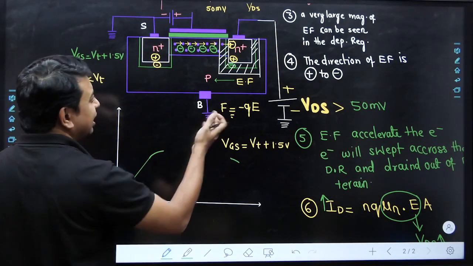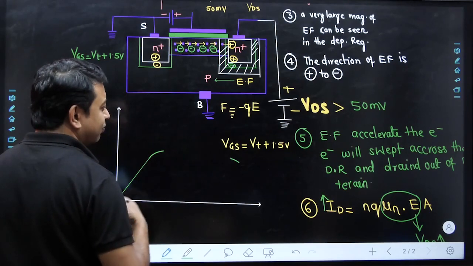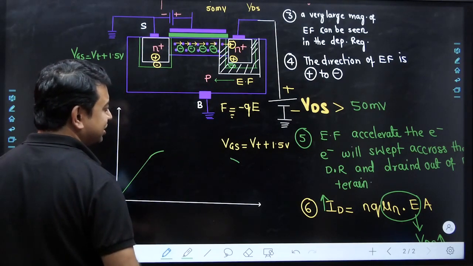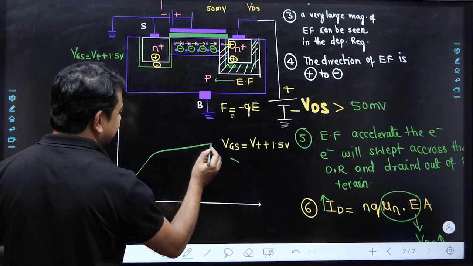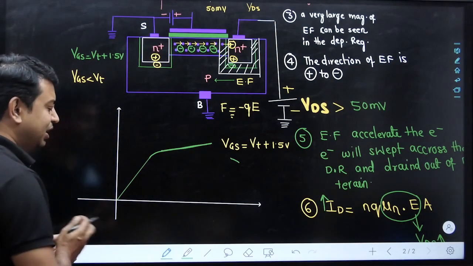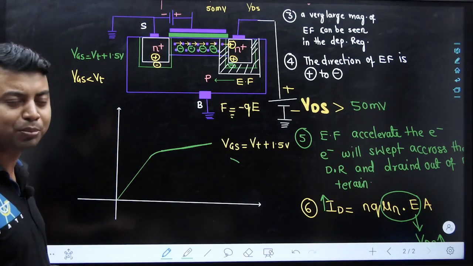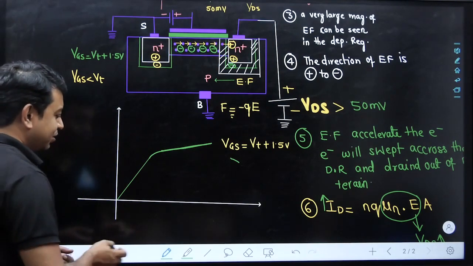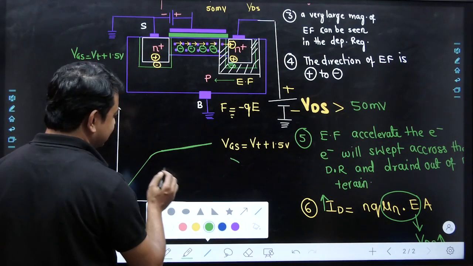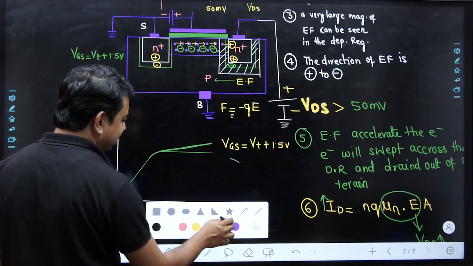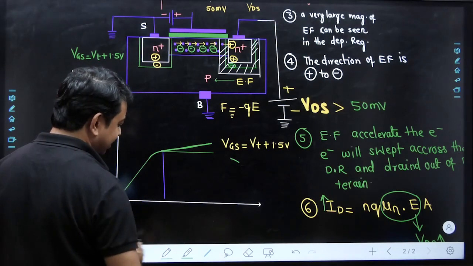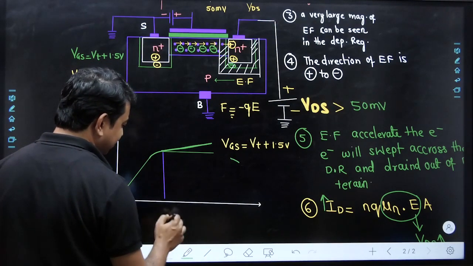But if we increase the VDS value beyond a certain limit, which is known as the saturation voltage, the current magnitude is also increasing with respect to VDS. Many students face problems in understanding here, because they have seen the characteristic is saturated after this value, and this particular value at which the characteristic has been saturated is known as the pinch off value.